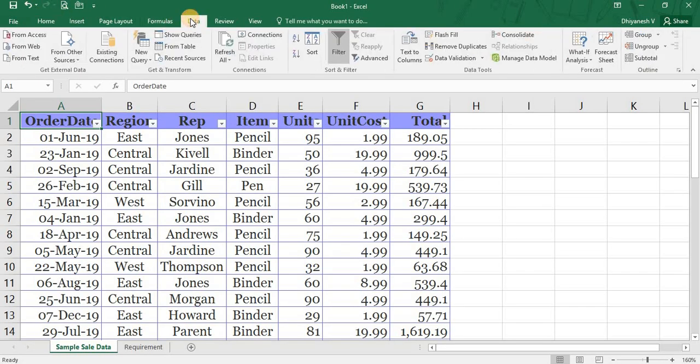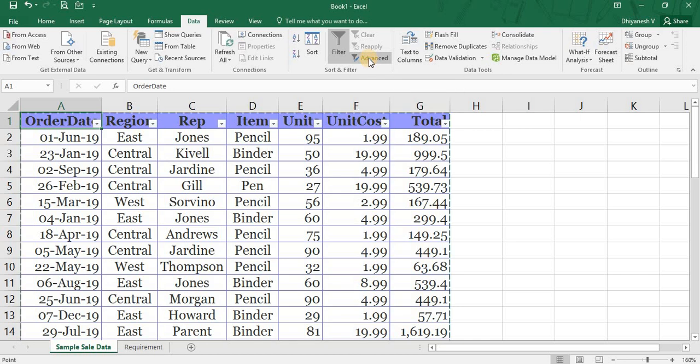So now we will move on to the advanced filter option available in Microsoft Excel. This option is also available in the same Data tab under Sort and Filter. You see the normal filter option here, and the advanced filter option will be available here. This is the Excel 2016 version. In previous versions or later versions, the options may look different. However, it will be available only under Sort and Filter.